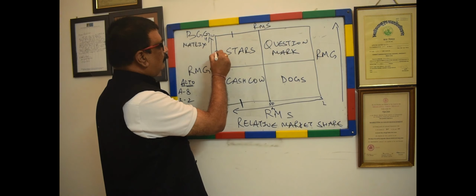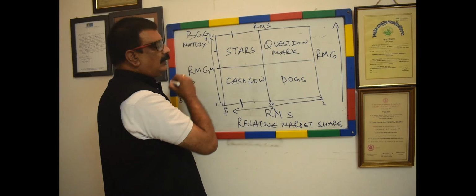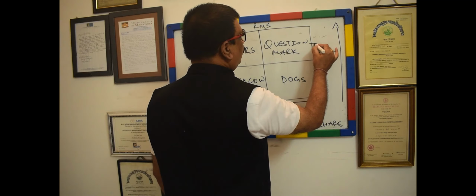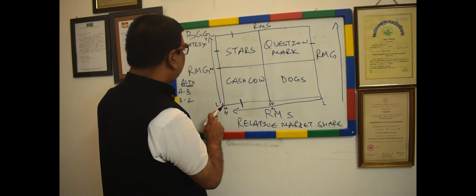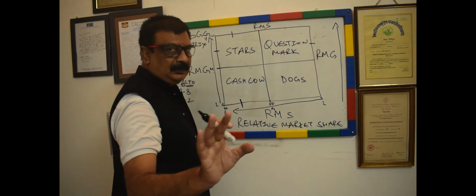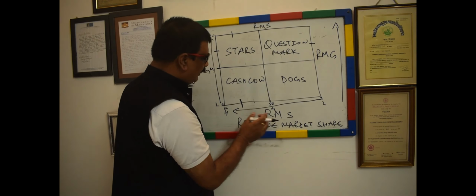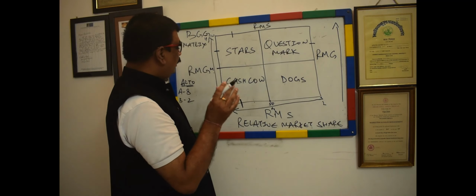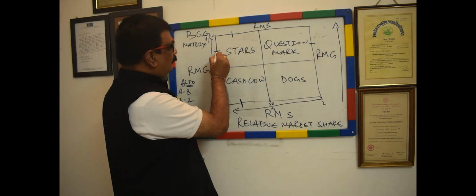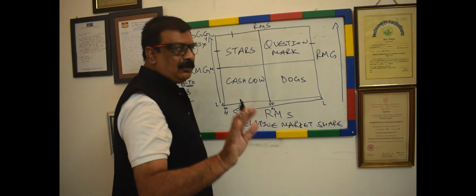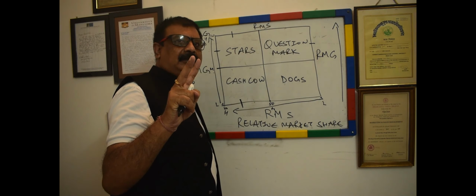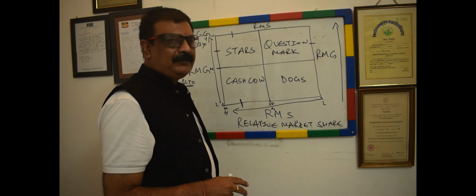Again, we put the cut here. In the same manner, you can put a cut out here, because I said this is relative market growth, this is relative market growth. So please don't be confused. Relative market share, if it's here, put a cut here, cut there. Relative market growth, attractive, put a cut here, cut here. Now a simple question: which is the quadrant in which both the cuts are coming? Star.